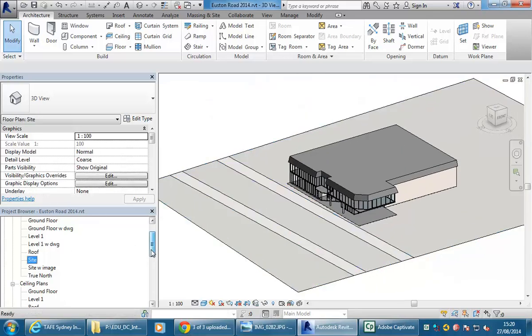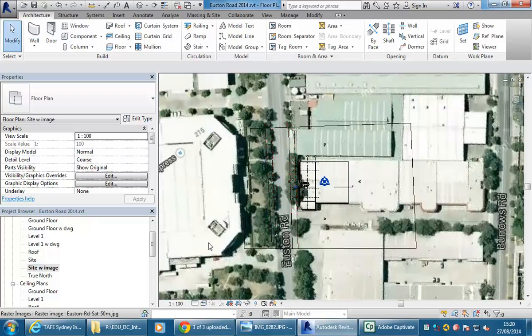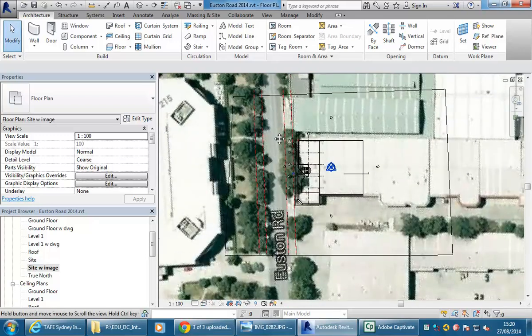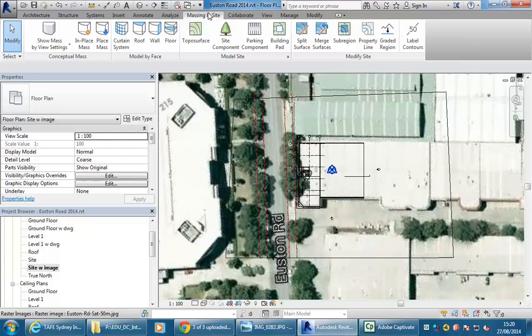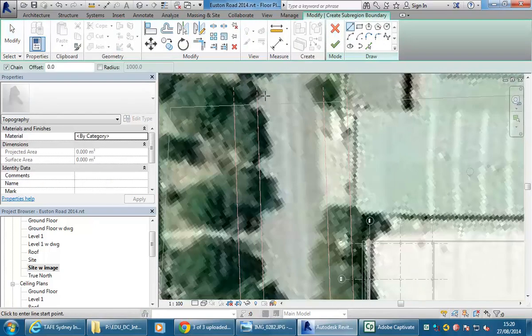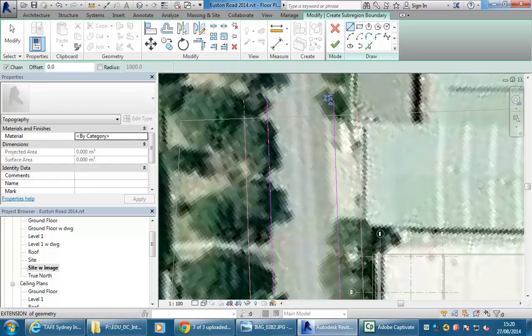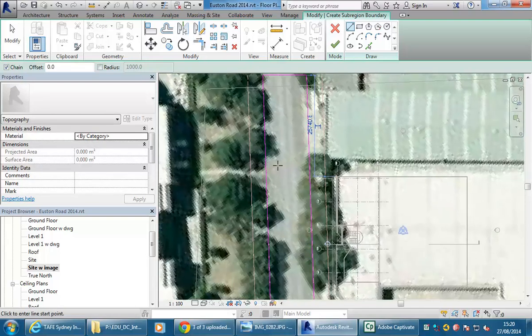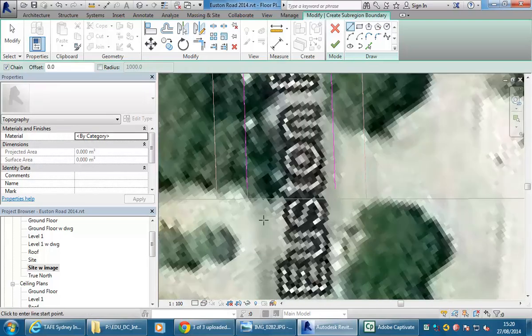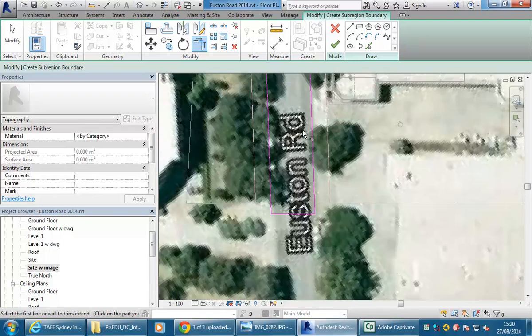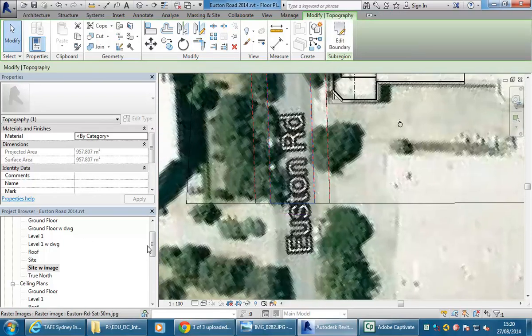So I need to go back and make another sub-region. Back on massing and site, sub-region, and here you'll see it really helps to have those reference planes. I can just pick them now. Connect the ends. Here, I'll just trim it. Okay, so that'll allow me to pick